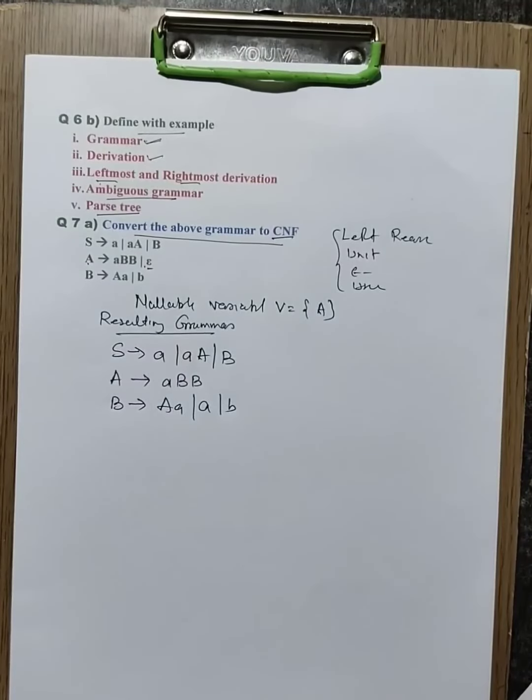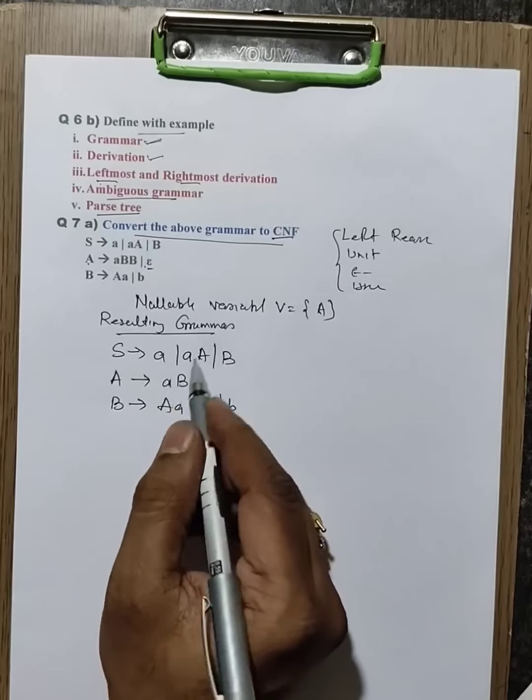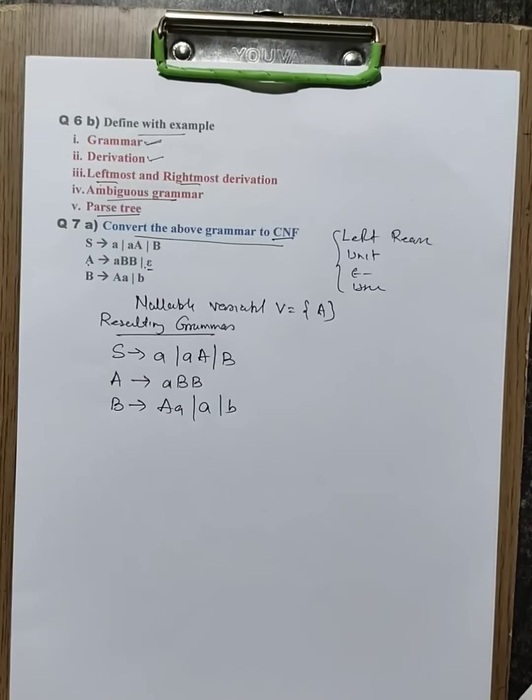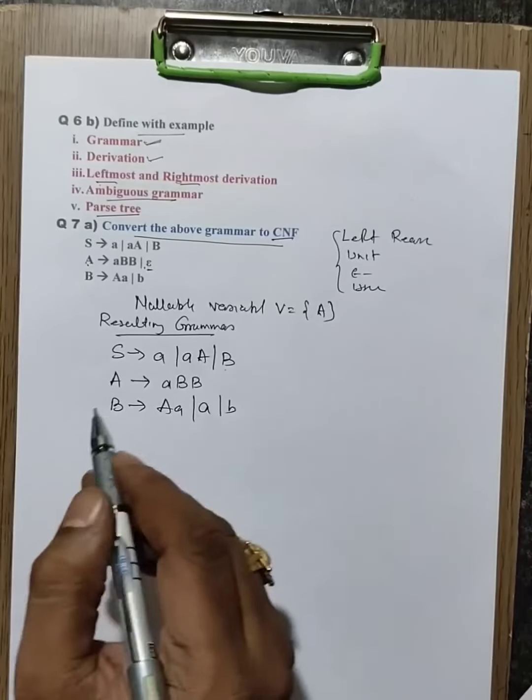This is the grammar after eliminating epsilon productions. Within this, is there a unit production? Yes, B produces